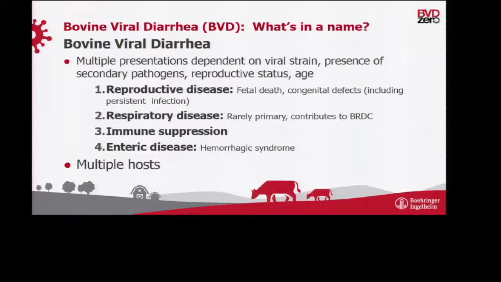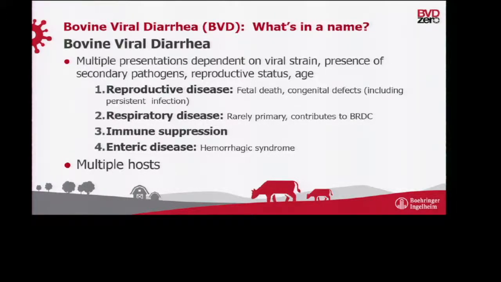So what's in a name? Bovine viral diarrhea virus. If there was a contest for the least informative and most confusing name for any clinical presentation in veterinary medicine, I think we would have a strong contender in BVD. Bovine viral diarrhea. For the first part, bovine, it's really not just bovine, it's all even-toed ungulates. So not just cloven-toed, but rabbits also will sometimes get BVD. Viral, yes, it is caused by a virus. But diarrhea, not so frequently.